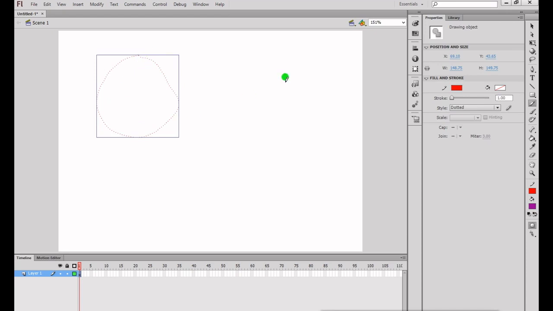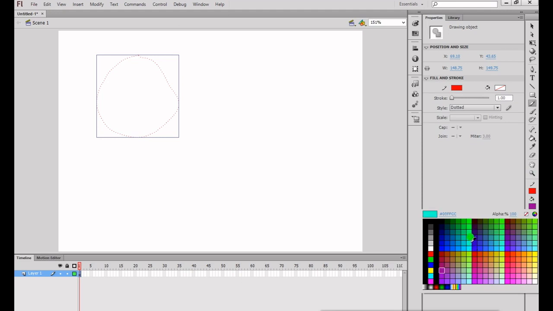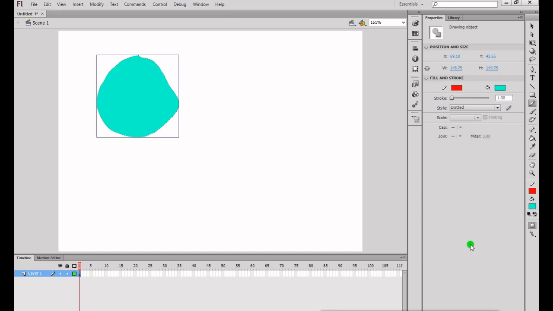Now see, you got one image. I am going to change the color. See, the area is filled with the color. This way we can make strokes and fill.